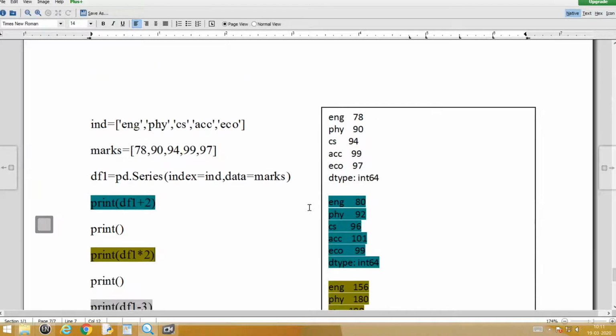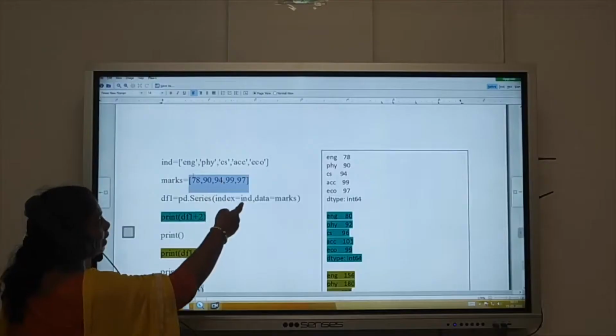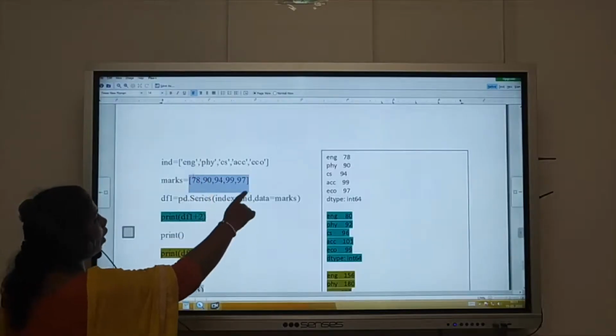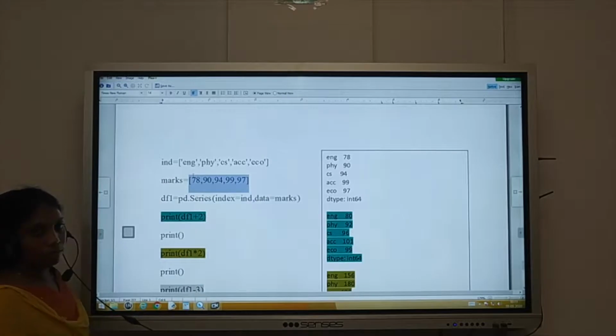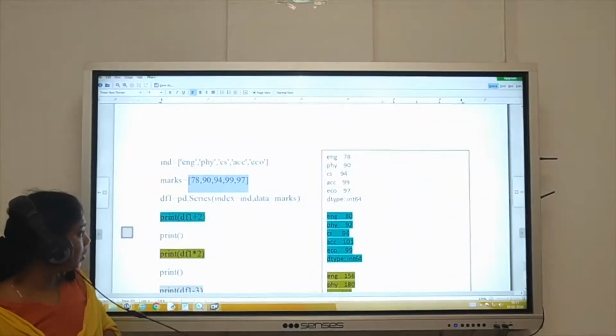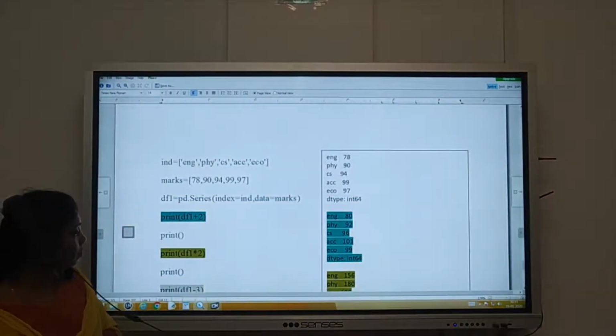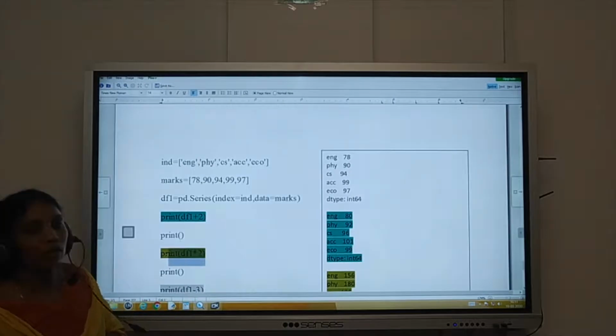All this works because your data value is numerical. Imagine it was the opposite way: English, physics, CS, accountancy came as data, and marks became the index. That means your index becomes your marks and your data becomes strings. Then what happens? df1 into 2 will work.